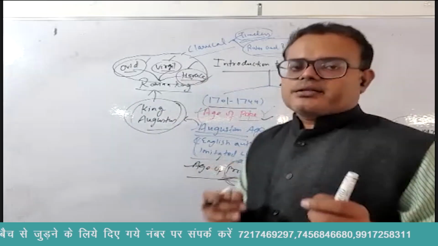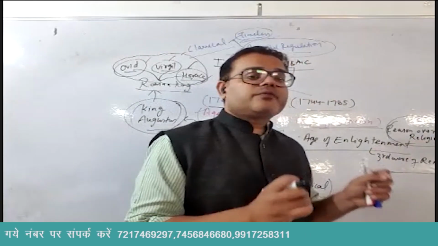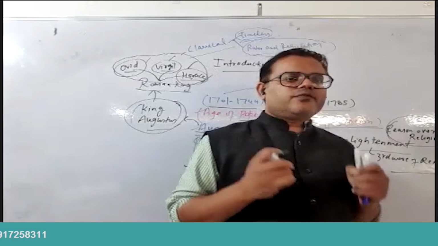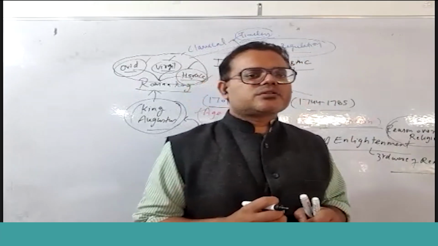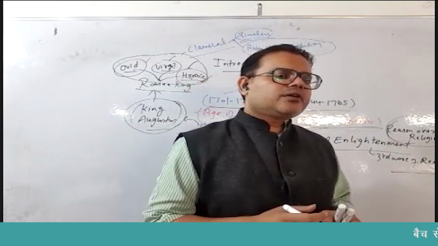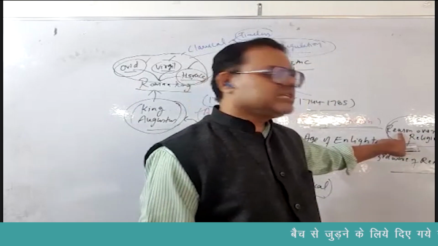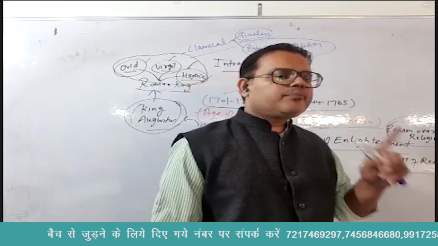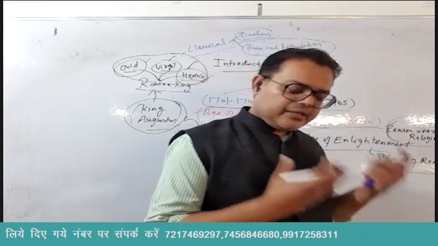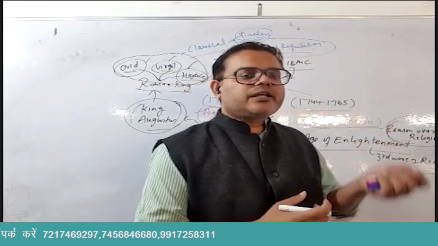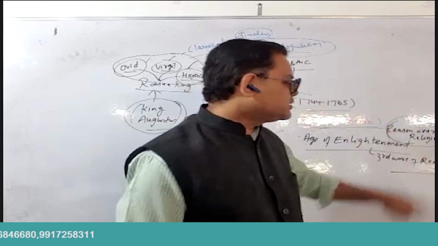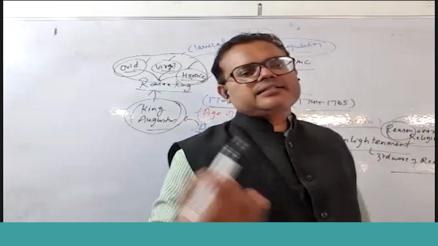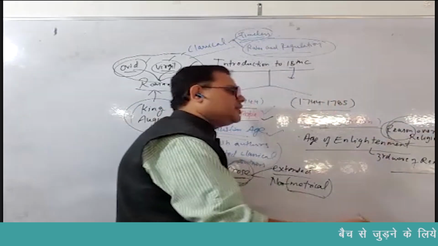Protestants appeared. But the difference between the first wave and the third wave, and this is a very important point, was that in the first wave the focus was on humanitarian values. And in the third wave, the focus was on reason, logic, science. In the first wave, the focus was on developing humanitarian values, and in the third wave, that is Enlightenment, the focus is on developing reason, logic, and science. So there is a shift in attitude.